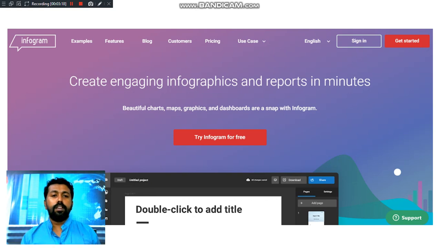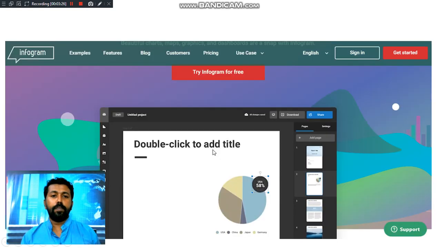Infogram, another online platform for creating infographics. So remember, all the platforms give mostly the same type of templates for editing.